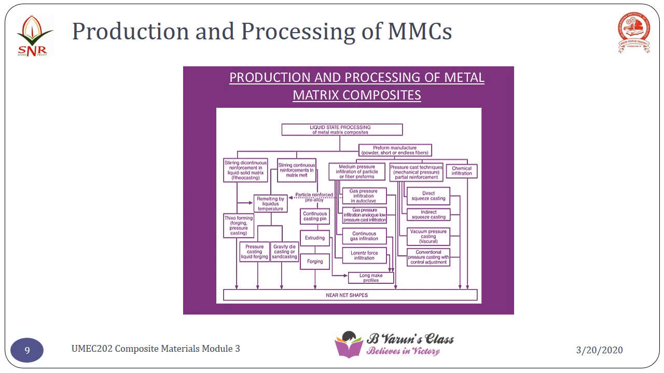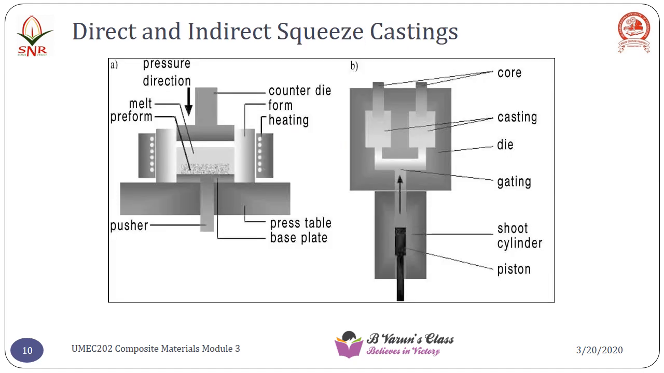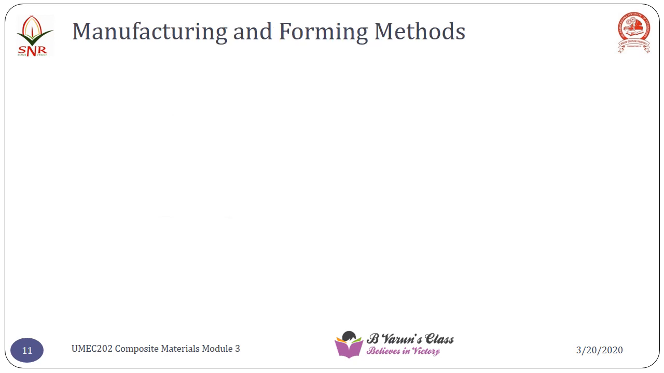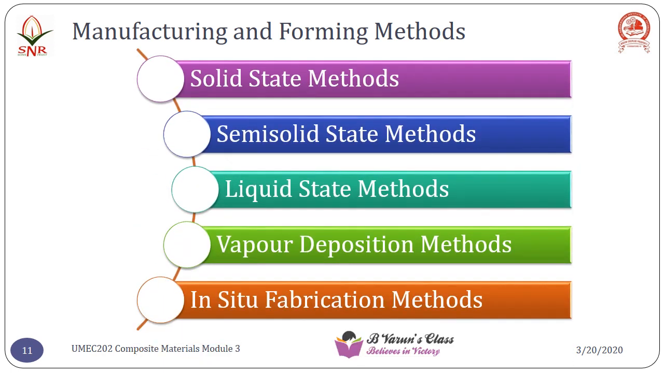Now we are going to see the various methods available to produce metal matrix composites. This table clearly shows the various processing routes of metal matrix composites. They can be fabricated by liquid state processing or solid state processing. Here we can see an example of squeeze casting. These manufacturing and forming methods are: solid state methods, semi-solid methods, liquid state methods,